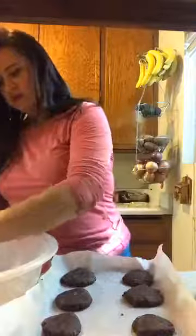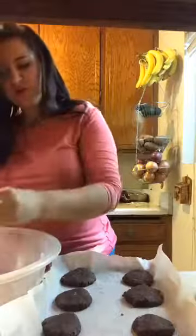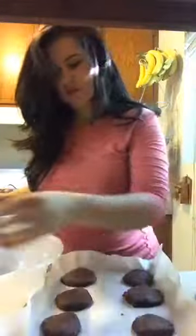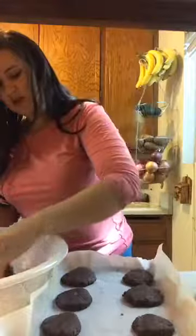Cinnamon's also really good for helping your blood sugar stay stable. So honestly, whenever I make baked goods, I'll try and see, can I weasel some cinnamon into this recipe? Even if it doesn't originally call for it, whatever the inspiration is that I'm using. Often I'll even put a little bit into my chocolate chip cookies. And you don't really taste it, but I'm trying to get it in there to help the blood